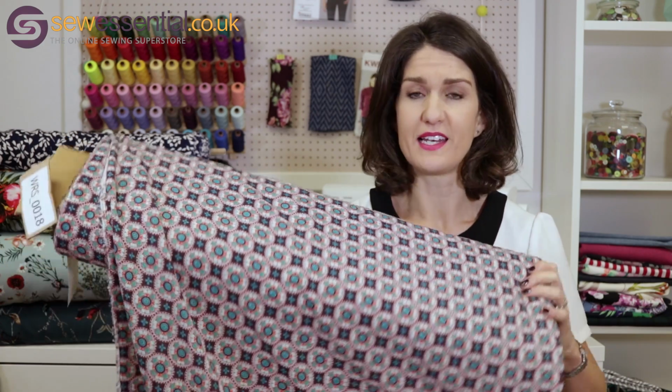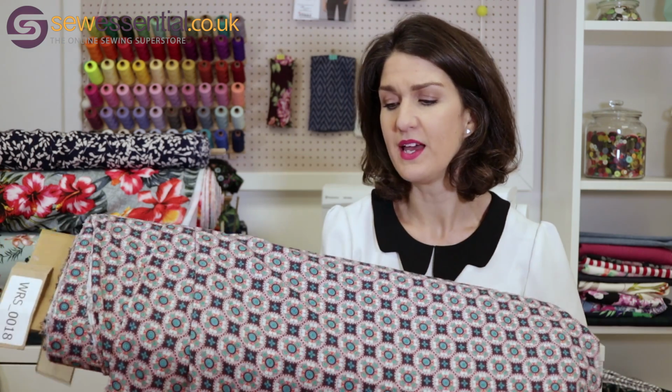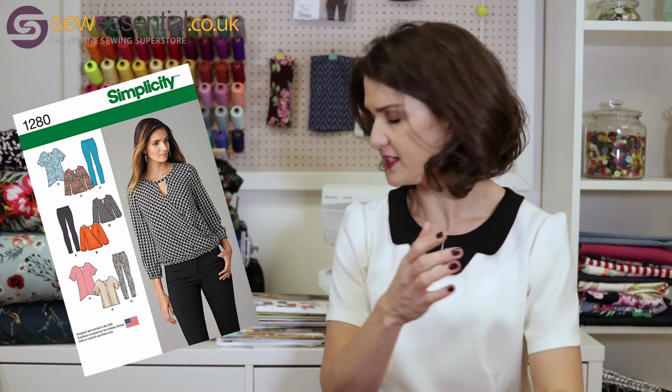It's just a really, really nice, unusual fabric, and I think this would work really well made up into a blouse. Again, Simplicity 1280 would be my choice. So it's a blouse with a crossover at the front, and it's got a little keyhole cut out at the front there. Again, there are options for long sleeves or shorter sleeves, but personally I think the long sleeves would work really well,